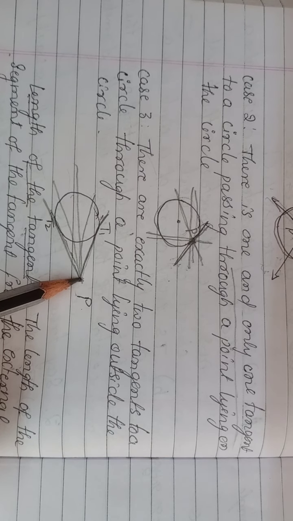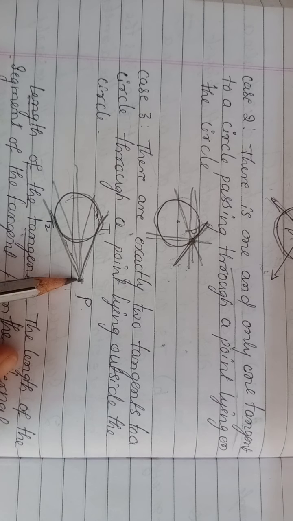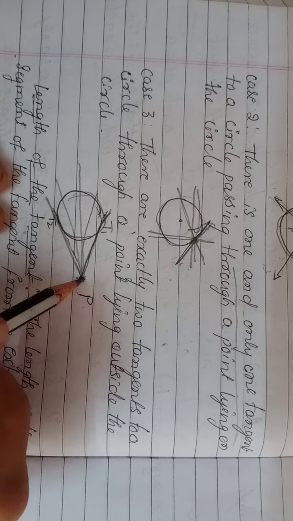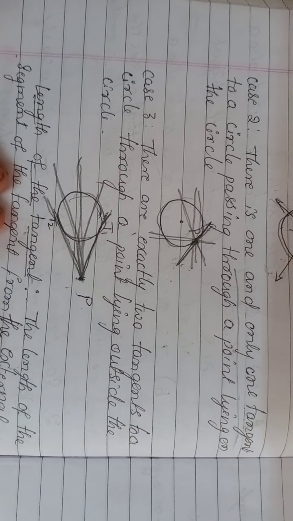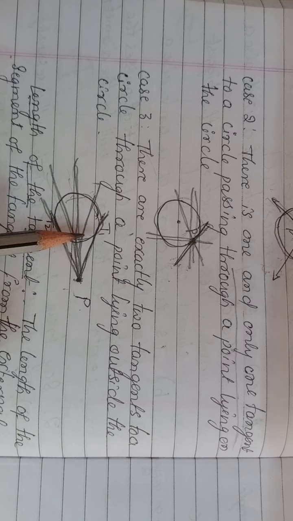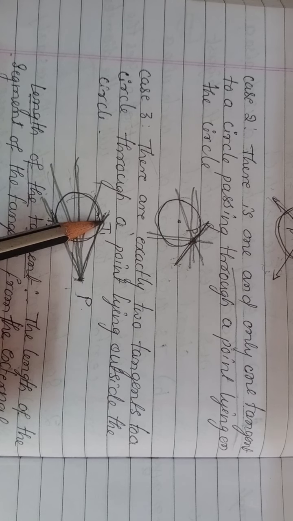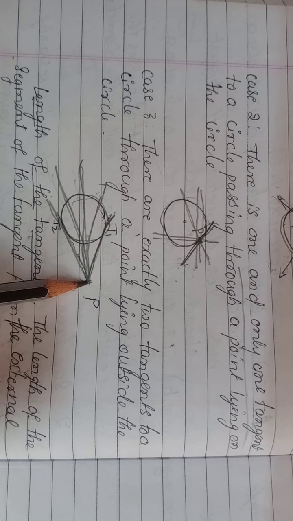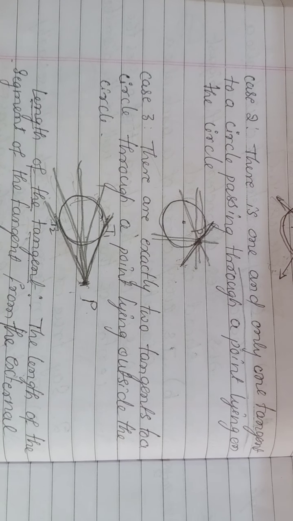The third case is we are considering the point P outside the circle. Now let us draw the lines through this point. Many lines we can draw. See, all these lines are meeting the circle at 2 points. That means they are all becoming secants. Only two will be tangents. That means from an external point we can draw 2 tangents to a circle. Clear? So these are the 3 conditions we will be having.